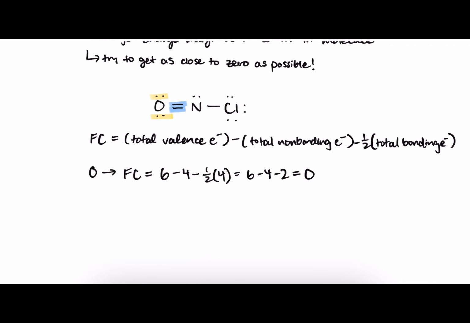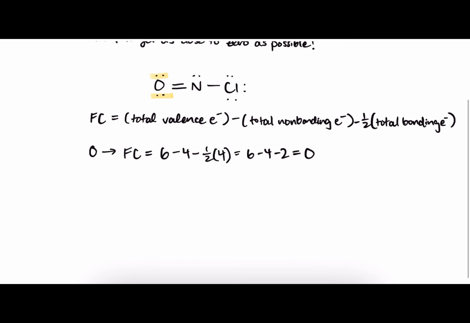Next, let's try for nitrogen. And I'll go ahead and erase some of this stuff so we can count better. So nitrogen. We'll start the exact same way. Formal charge is equal to the total number of valence electrons. So for nitrogen, we know from the periodic table that is 5, minus the total non-bonding electrons. You can see that is 2 in our lone pair here above the nitrogen, minus 1/2 times total bonding electrons,